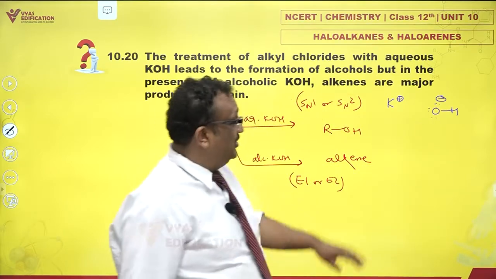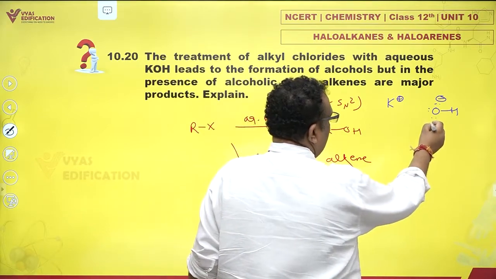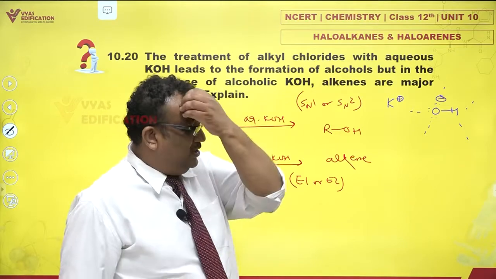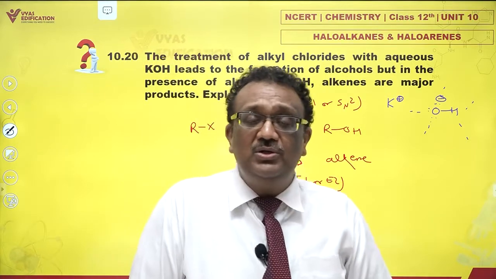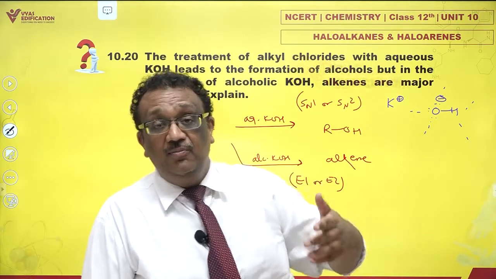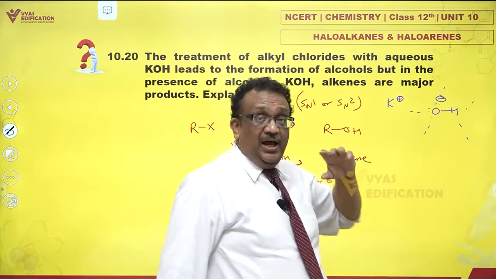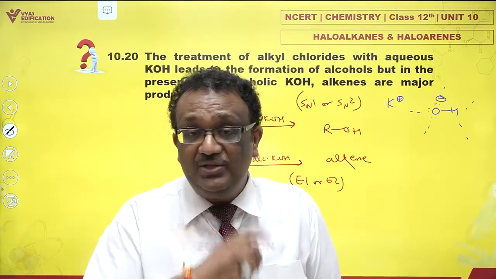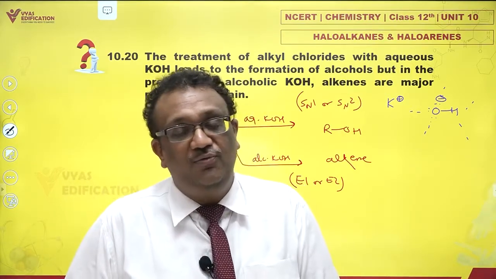Not just that, this OH- ion is heavily solvated. What is the meaning of solvation? It is surrounded by water molecules. So if OH- is surrounded by water molecules because of very strong hydrogen bonds, great. Understand that this is a more polar medium. As a solvent, water is more polar. You have OH- ions, and these OH- ions can serve two purposes. Number one, they can act as a base, and number two, they can also act as a nucleophile.